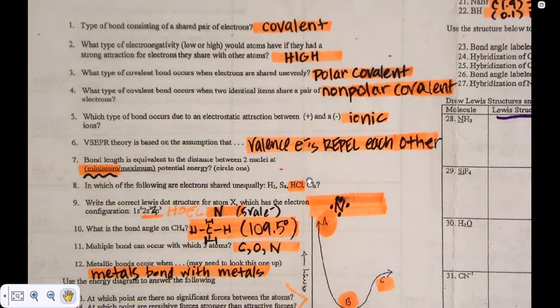In this screencast, we're going to look at the answers to the Chapters 7 and 8 test review worksheet. And our test tomorrow will cover quantum numbers, electron configurations, and the bonding unit. So we're going to first go over the answers to the Chapter 7-8 test review, and then I will remind